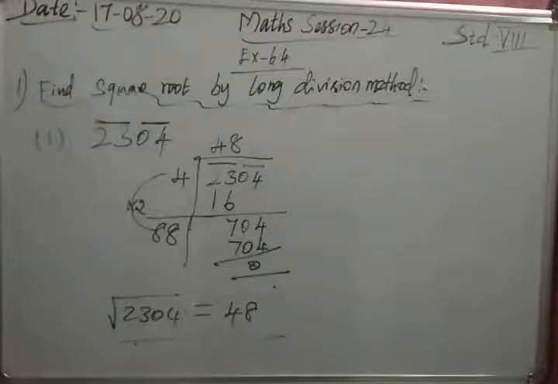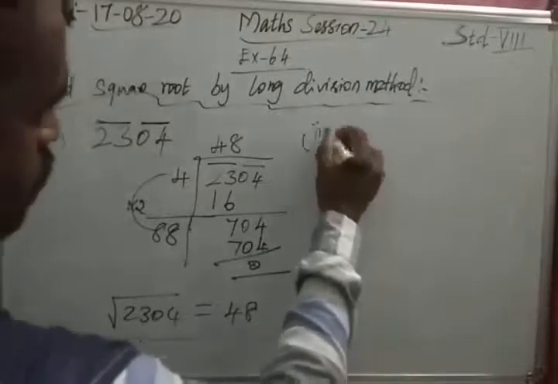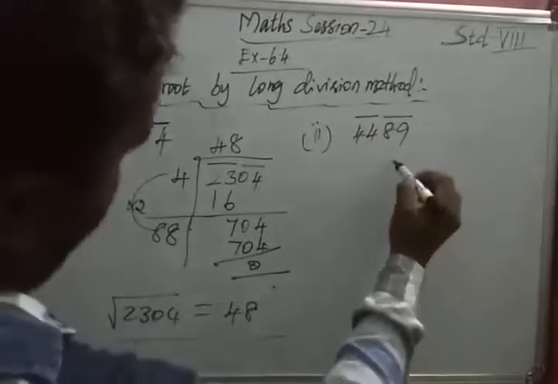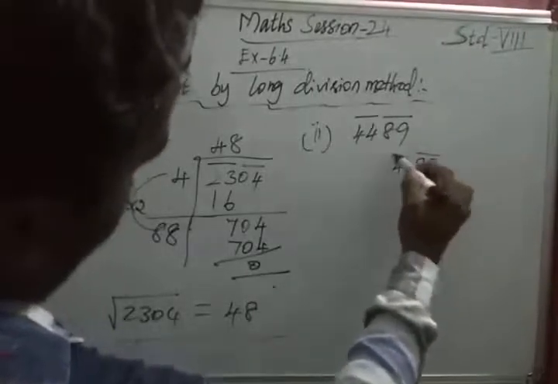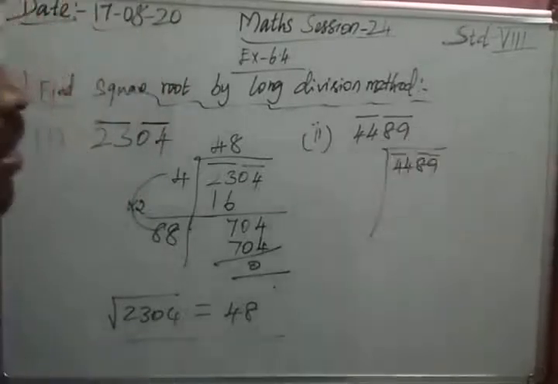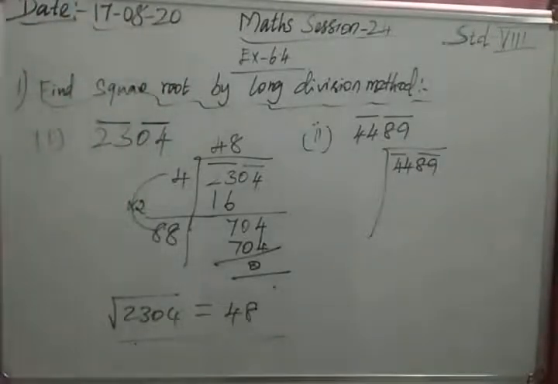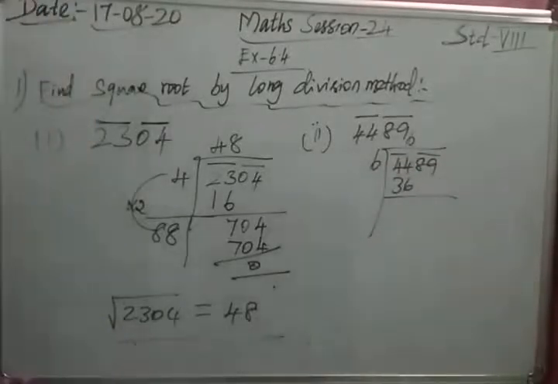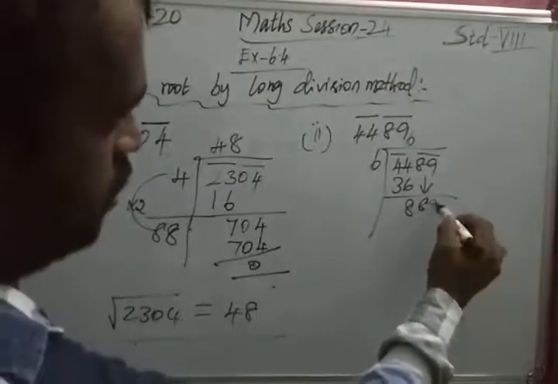The second question is 4489. Second one is 4489. So we have taken the ending numbers like that. Then do the long division method. 4489, okay. First, in 44, before 44, what is the number there? When we calculate, 5 5s are 25, 6 6s are 36, 7 7s are, so 6 6s are 36. So we can take 6 6s are 36. What is the balance number? Here 4, therefore 8. Then we have to take the total number 889.